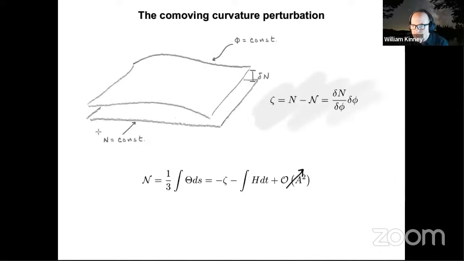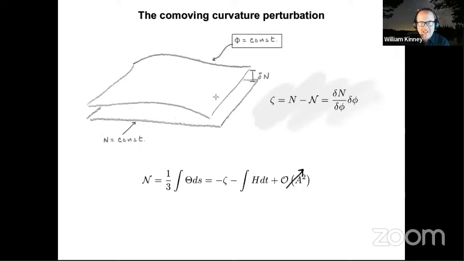The first is we can look at the flat unperturbed space-time. So this is the space-time in which we're calculating this background Hubble parameter, H, right? This homogeneous background Hubble parameter is defined on a set of hypersurfaces such that the number of e-folds is a constant. Scalar field fluctuations are going to perturb us up to a different hypersurface.